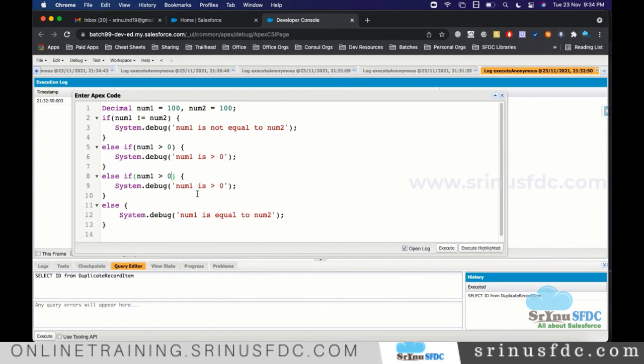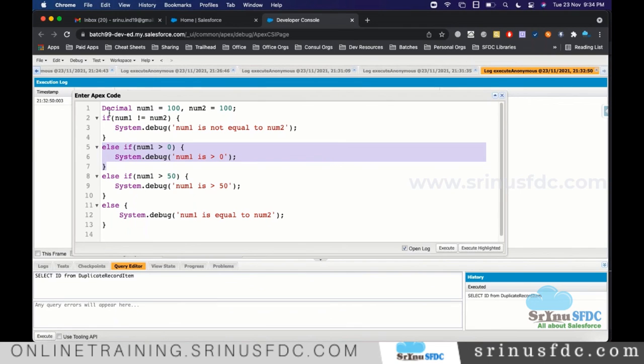Okay, so when you have multiple conditions, let's say here I'm checking number 1 is greater than 50. Now what do you think is the result? Here it will fail. Number 100 greater than 0, yes, it will print. Do you think it will execute? When we start newly, people think it will also execute. Else if will work only if this failed, then only it will check for the next condition. If this is satisfied, it will never check the rest of the other else if or else conditions.